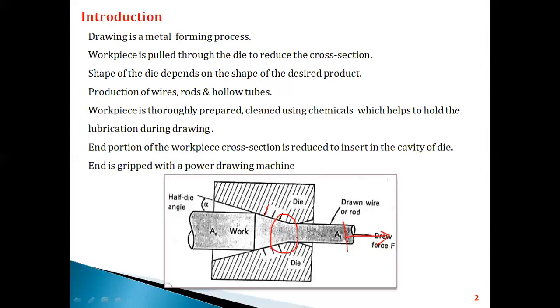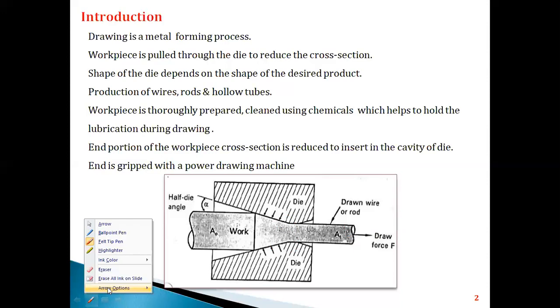If you observe at this point here, when the workpiece metal comes in contact with the die surfaces, you can see there are some reaction forces developed at these points on the surfaces. Due to this, plastic deformation occurs, which is responsible for deforming the workpiece to increase its length, that is, the ductility is improved, and we get the desired product. So this is the basic phenomenon of how drawing is carried out for a metal forming process.